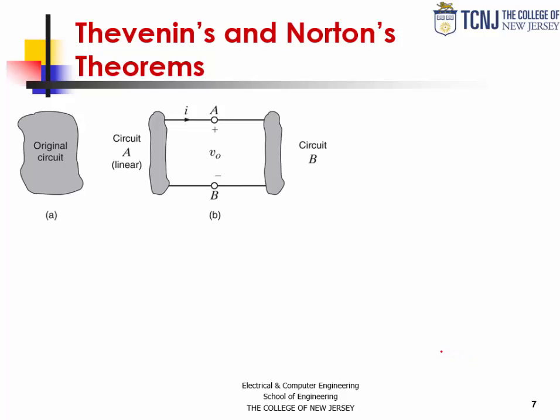The next two techniques are Thevenin's and Norton's theorems, which specify that if I have a circuit and I look at two points in that circuit, and I want to know how a part of the circuit looks to another part in terms of current, voltage and an equivalent resistance, then from these two points I want to know how this part over here looks to this circuit from this perspective, looking into part A, in terms of either a voltage with a series resistor